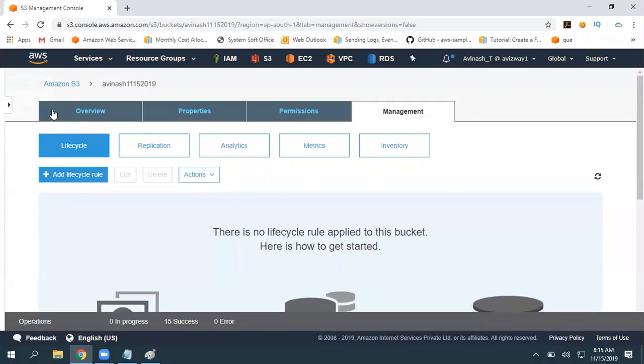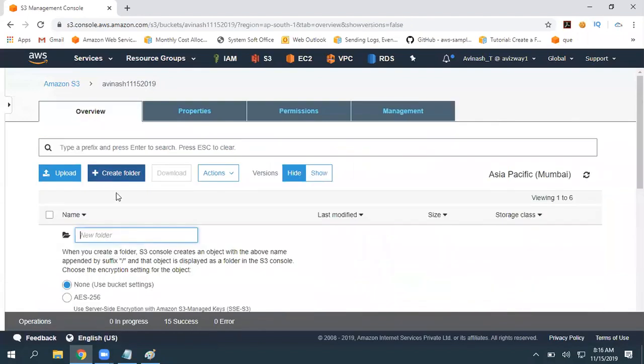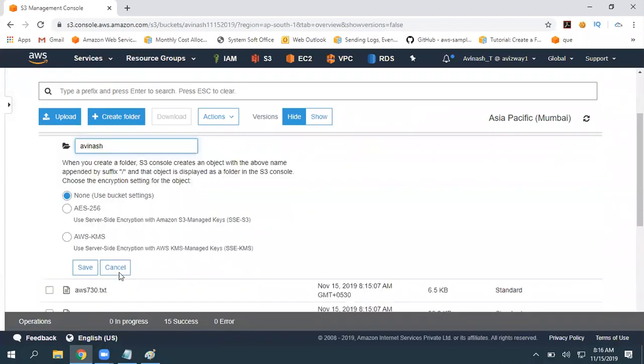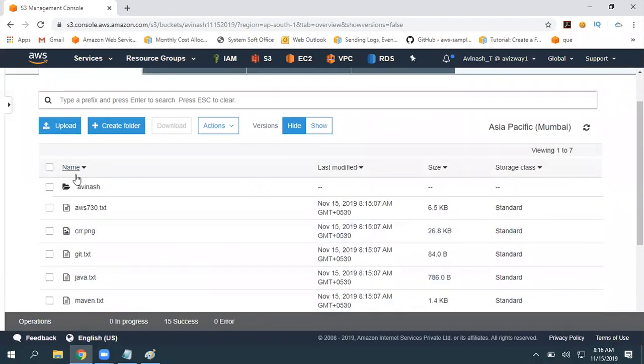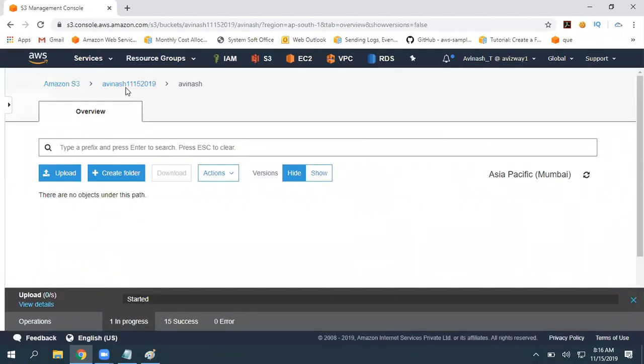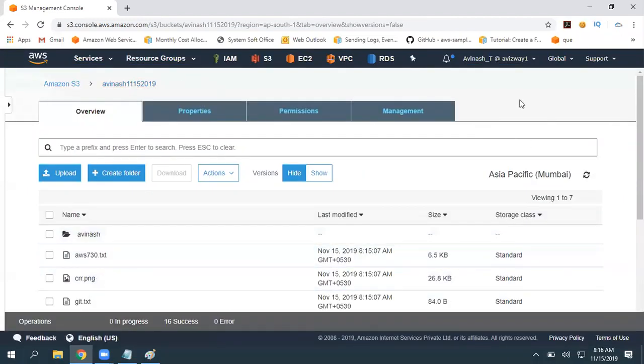For example, you have a folder. Click on create folder, and I'm going to call that folder Avinash and click on save. Now, inside this Avinash folder, you have one or two documents. I want to create a lifecycle management rule only for this Avinash directory.